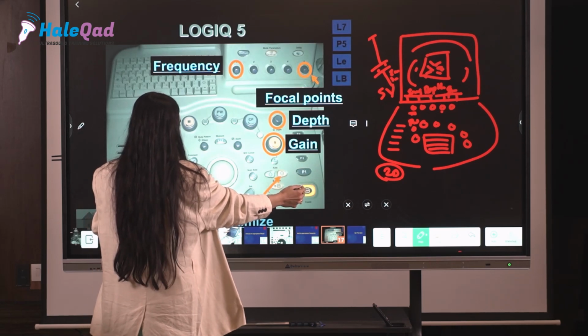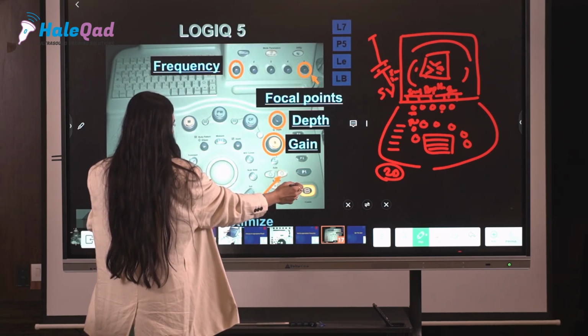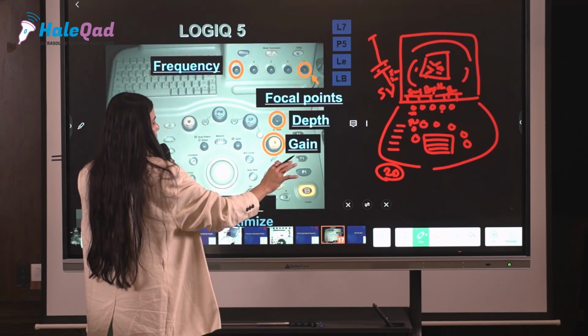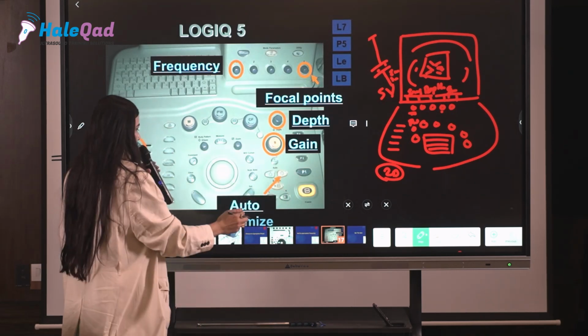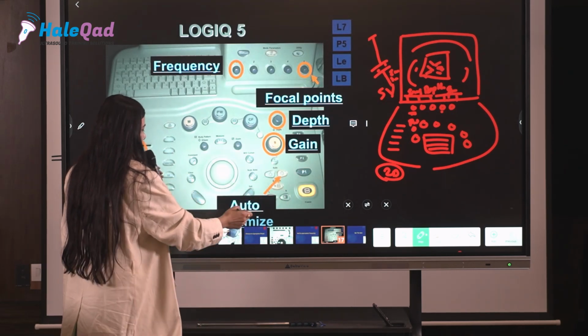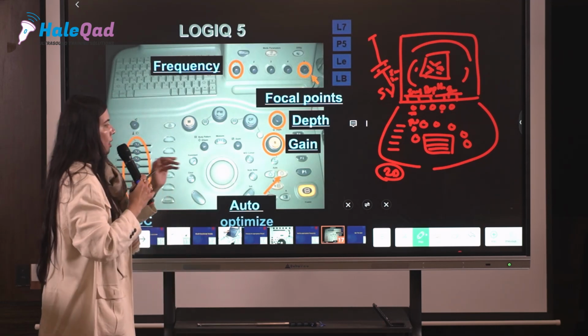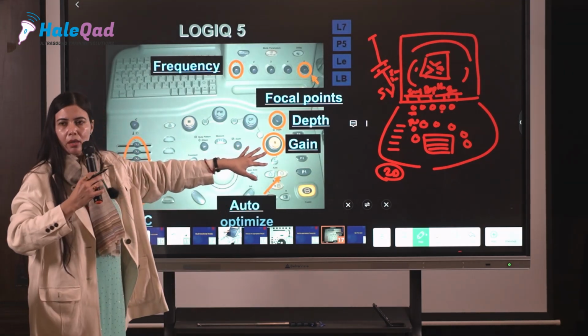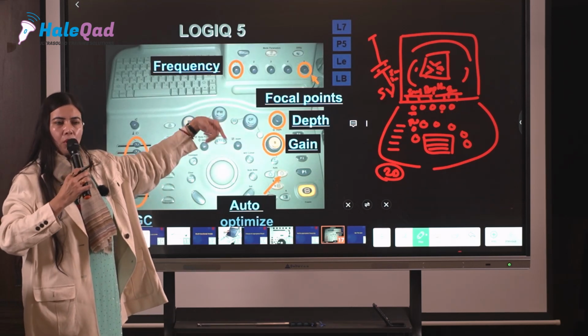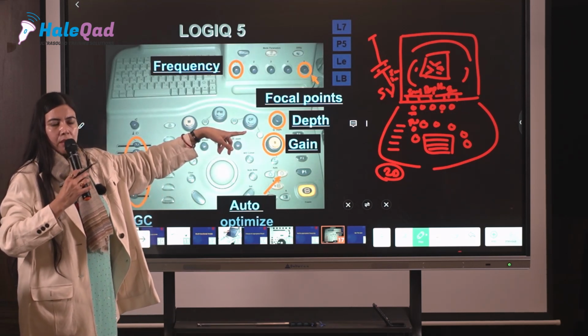This is freeze. Whatever area you want to focus on, and then you want to stop on that area for measurement, you just press the freeze button. Then this is auto optimization. In GE machines it comes like this, and in, say, Philips models it's like auto image correction, because